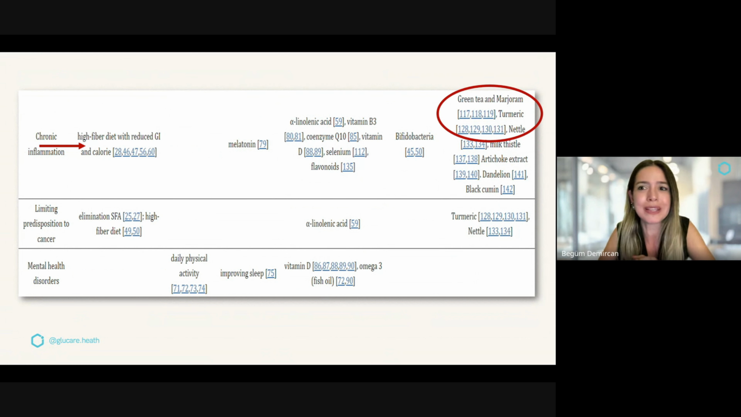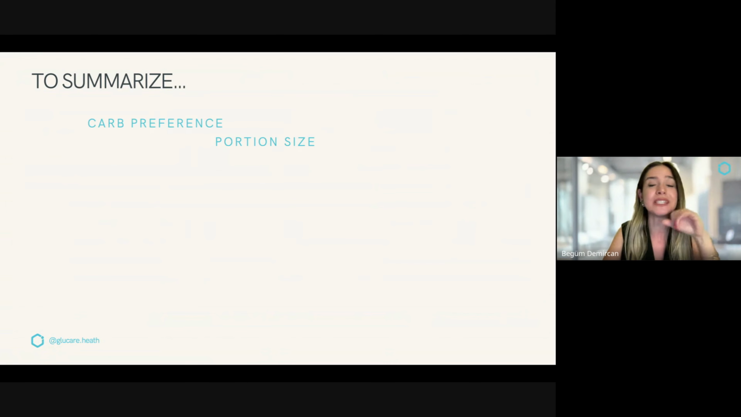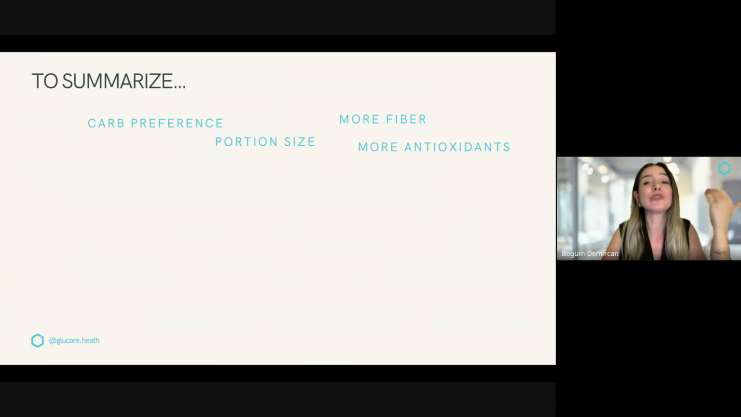You can prepare your meals like that even. So some of the herbs might help with your healthy lifestyle, healthy diet style, of course. To summarize, we should just choose complex and low glycemic index carbohydrates. We should control the portion size of your carbohydrates, only a quarter of your plate, and we should add more fiber, more veggies to your diet, and we will use more antioxidants,